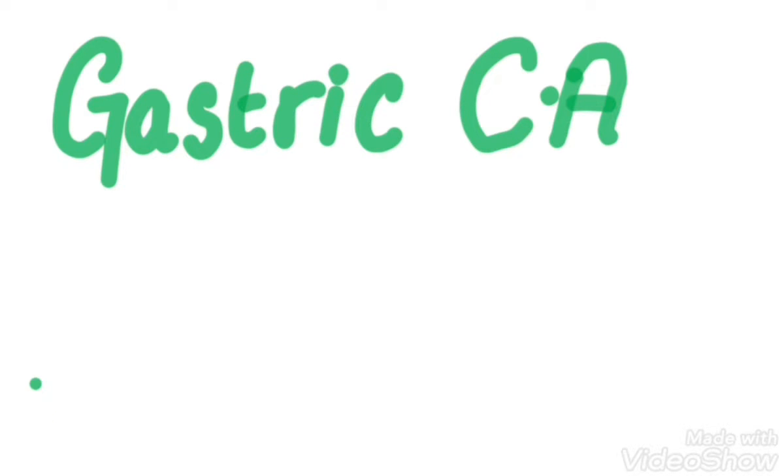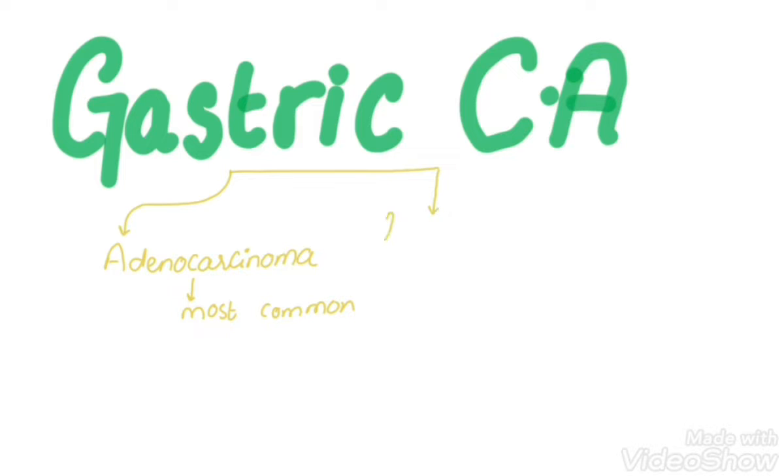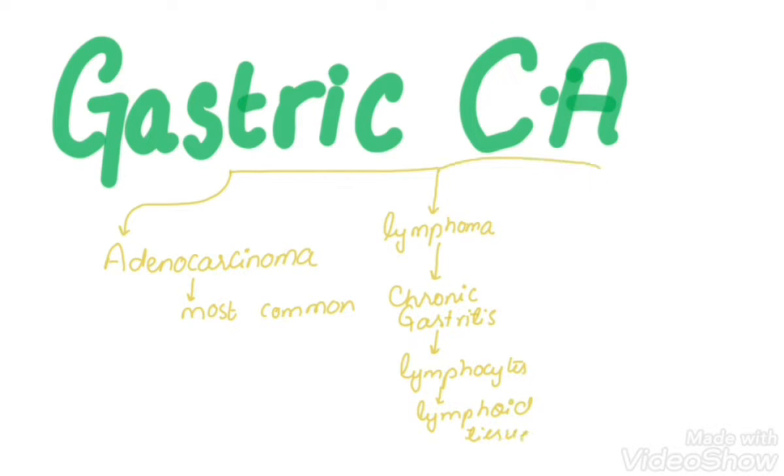Gastric carcinoma. Gastric carcinoma is of three types on the basis of histopathology: adenocarcinoma, lymphoma, and GIST, or gastrointestinal stromal tumor. Adenocarcinoma is the most common, and it is due to the glandular cells that are present within the stomach. Lymphoma, as the stomach is devoid of lymphoid tissue itself, only occurs when there is chronic gastritis due to H. pylori that causes the lymphocytes to migrate into the stomach mucosa and form MALT. Then there is a gastrointestinal stromal tumor that occurs due to the autonomic nervous system that is present and lines